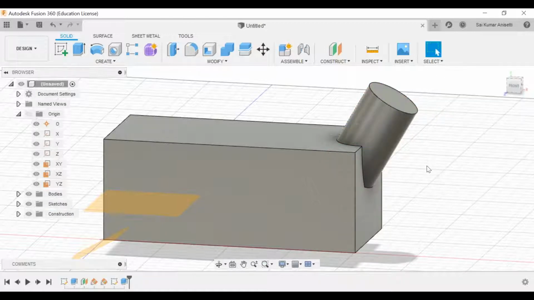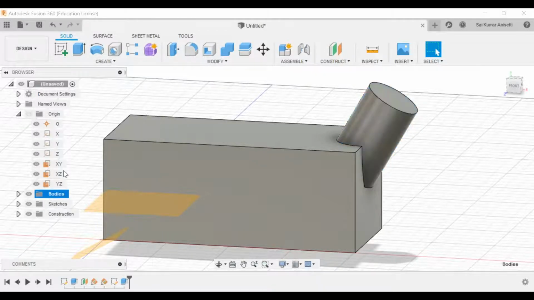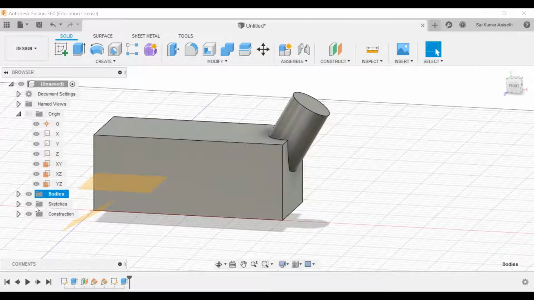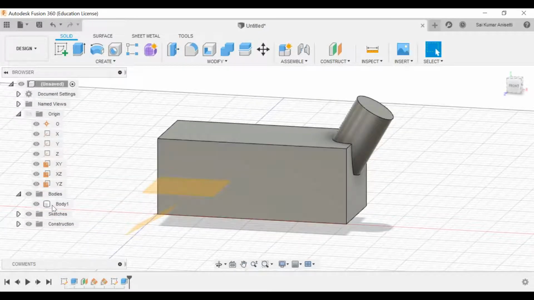Now if I join, this is body number 1 and this is body number 2. If I open the bodies folder, now as I have combined them, this is making a single body.